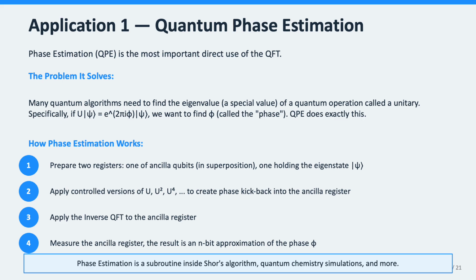Quantum phase estimation, often abbreviated as QPE, is the most direct and important application of the QFT. Here's the problem it solves. In quantum computing, and quantum chemistry, we often work with special quantum operations called